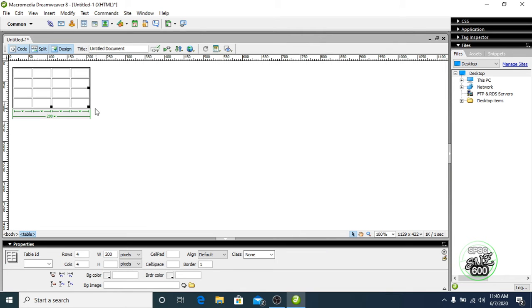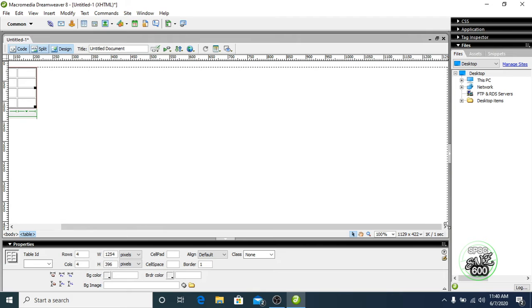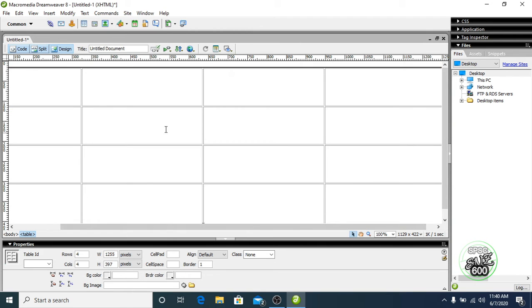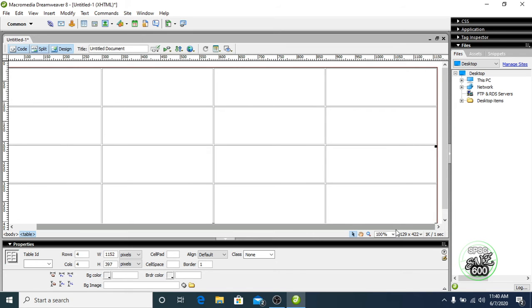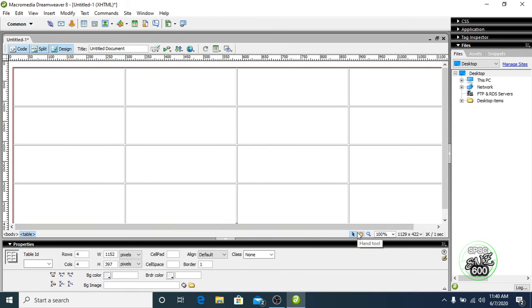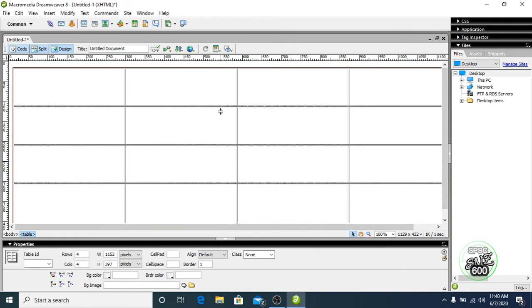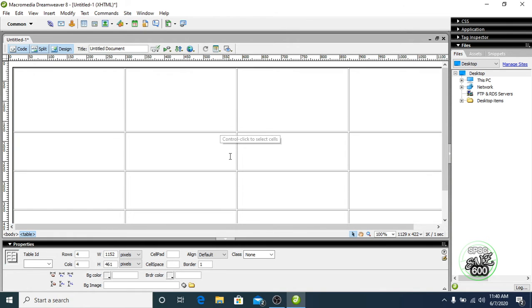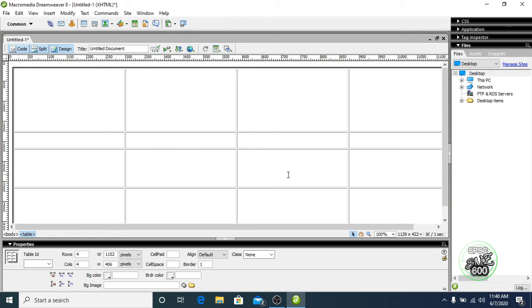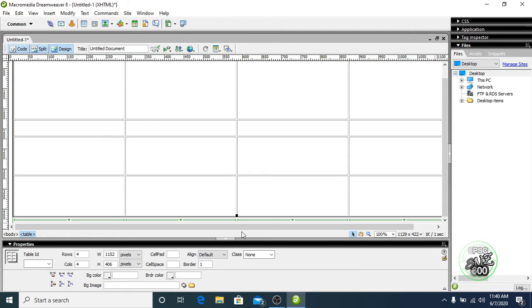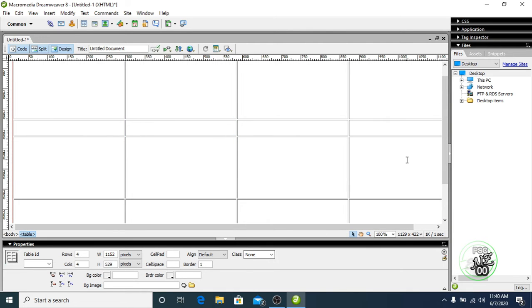So here my table has come. I'm increasing its size so that the whole page looks like this. The first row I want a bit bigger, and the bottom rows I want a bit larger.